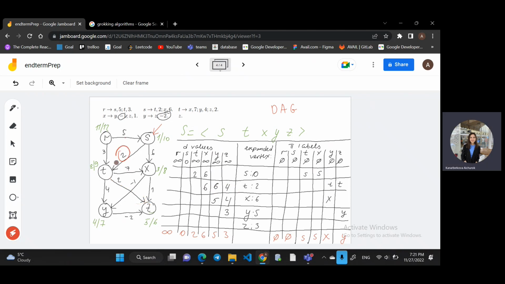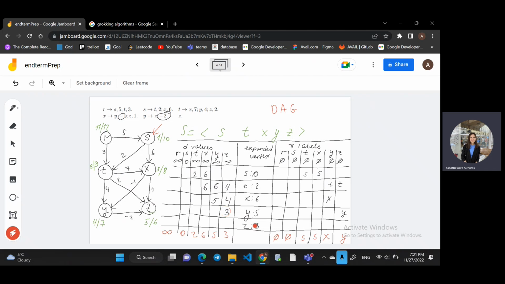It's going to be 2 and 2, 4, so on and so on. You just do the same logic here and same here. Yes, and then as the very last step, you just pick the last element of this topological sorting,